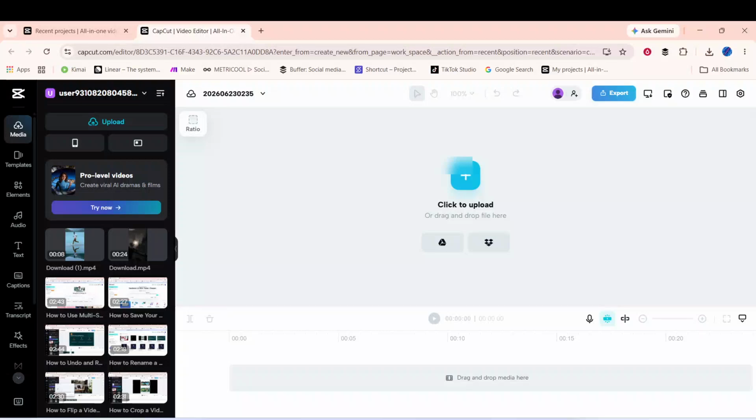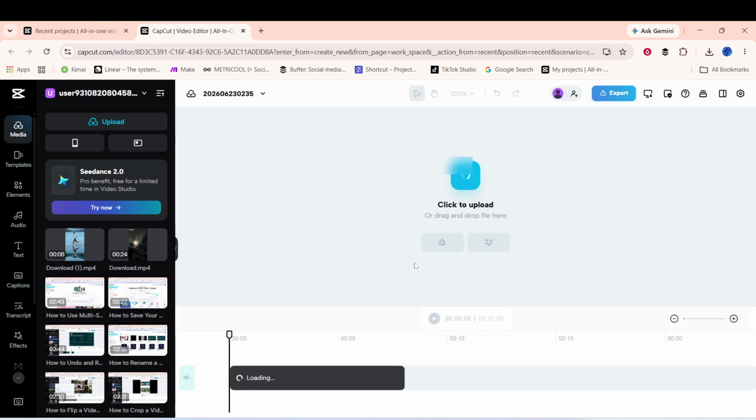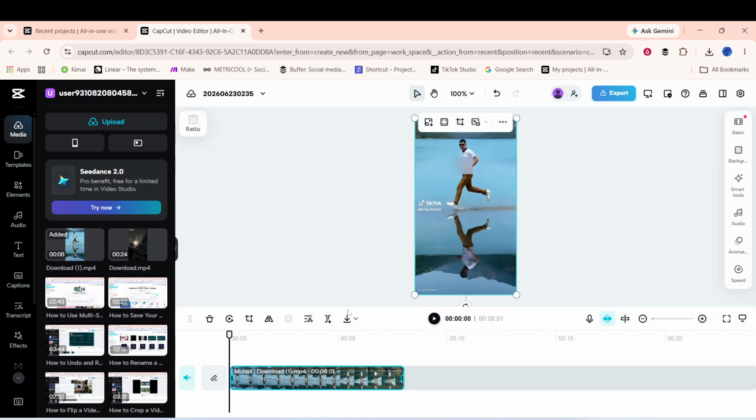In today's video, I'm going to teach you how to freeze frame a video in CapCut. To get started, open CapCut in your web browser. Once you're in, open a project that already contains the video clip you want to edit. If your project takes a moment to appear, just give it a few seconds to fully load before doing anything